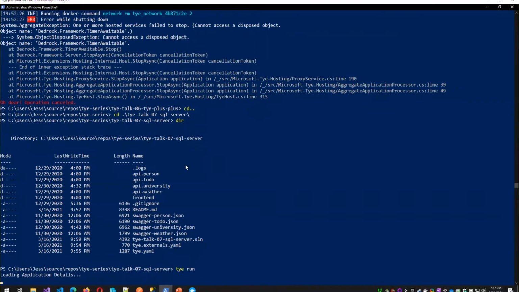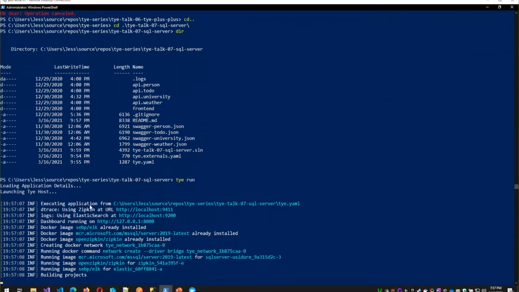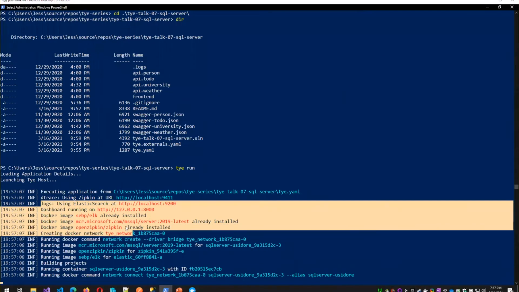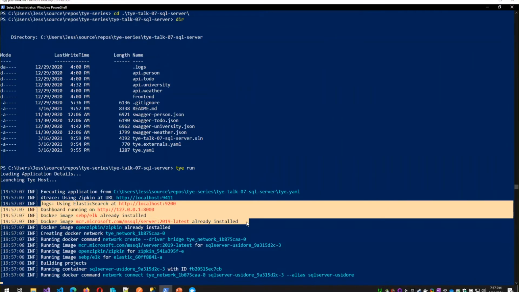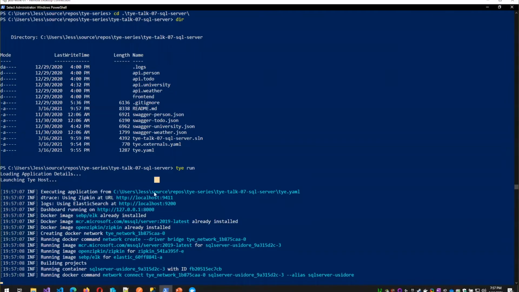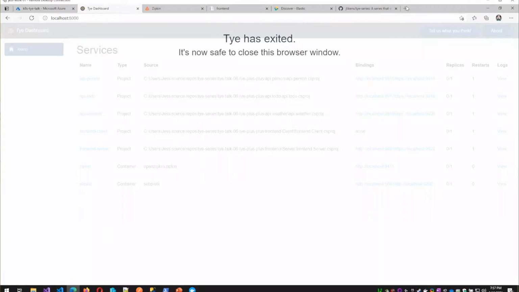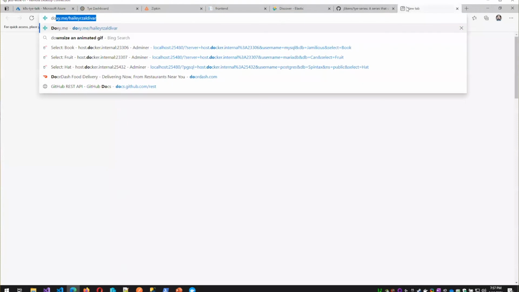So what you're going to see here is the same old stuff that we normally do, but you can see right here, if I didn't have that Docker image installed, it would automatically get that for me. And while that runs, it doesn't take very long, I'm going to really quickly show people